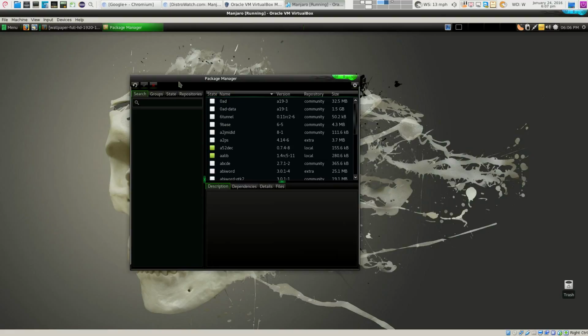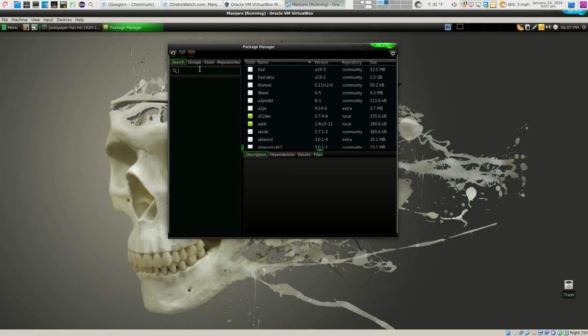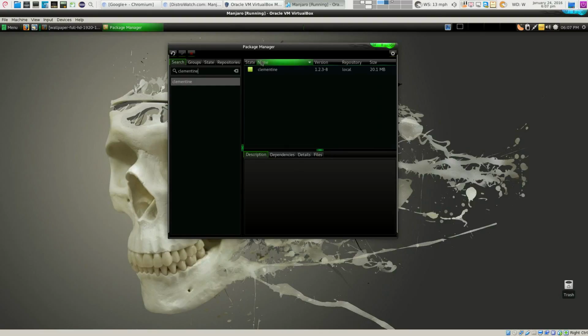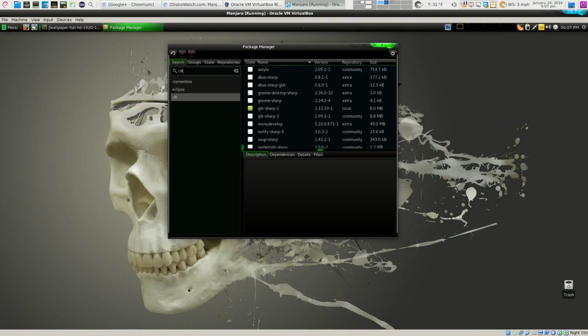Just real quick, this is the one I was talking about before, the Semantic Package Manager. So if I want to look for, it's right there. If I want to look for, I don't know if they may have this here. Yeah, Eclipse is here. Program. I don't know if they have C#. They got GTK Sharp, C++, or any game here, 0AD, or any program that you're looking for, you could do it through here as well. So that's just another way.